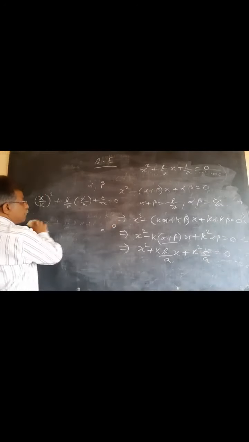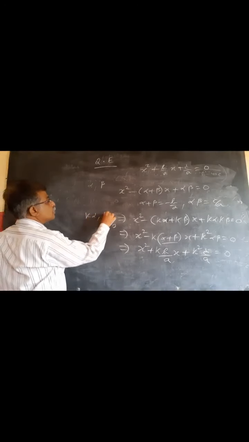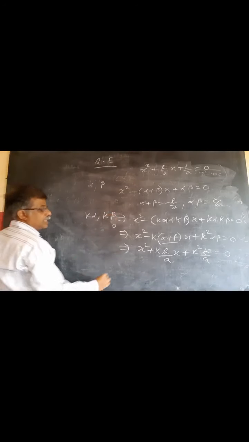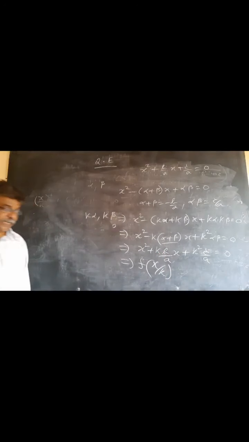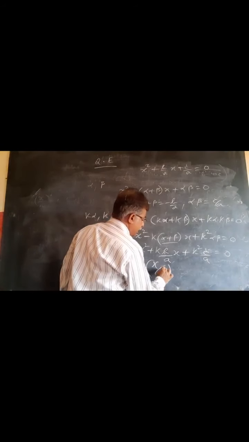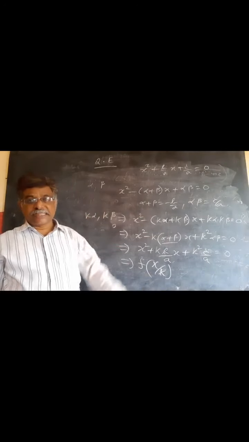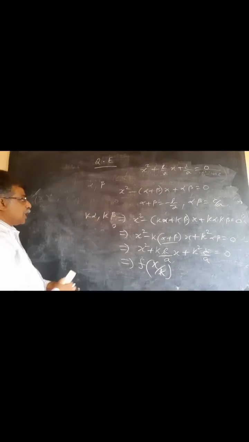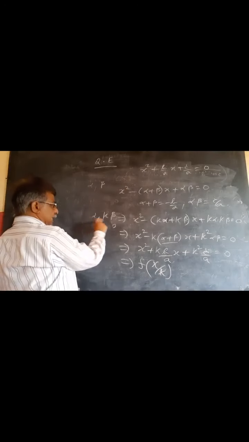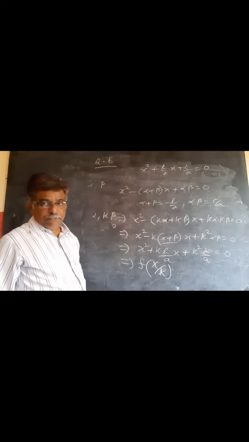Means if I want the equation whose roots are k alpha comma k beta, it is nothing but f of x by k. This is f of x by k only, just observe. So replacing x with x by k gives you the equation whose roots are k times the given roots. Similarly, if alpha beta are the roots and I want the equation whose roots are alpha by k, beta by k, then it becomes f of kx.